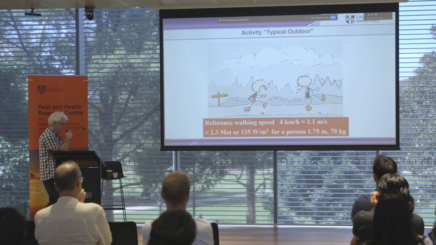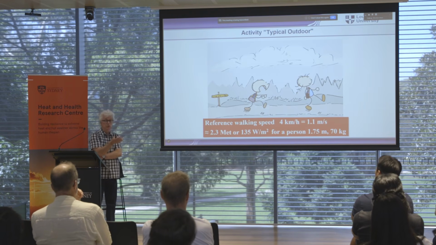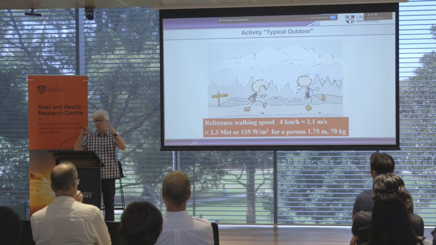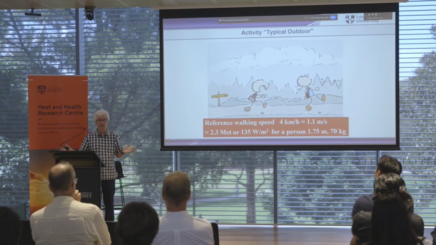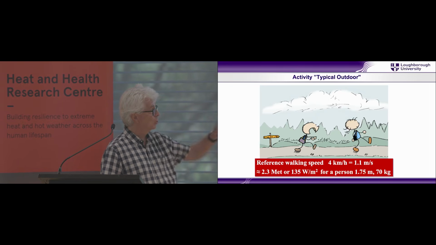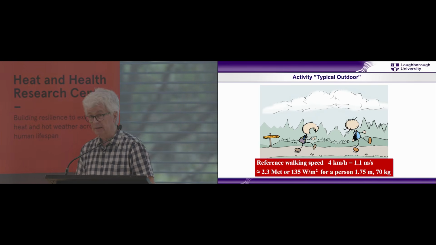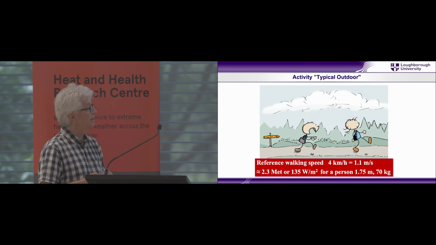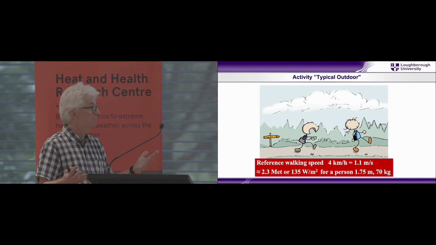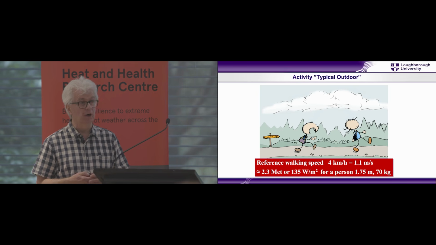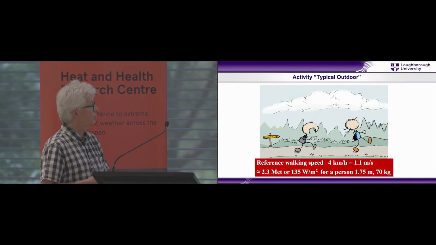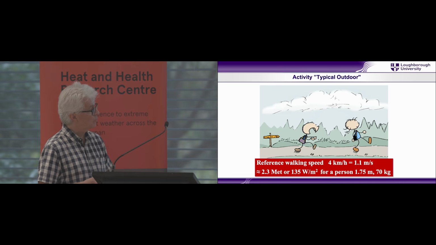So you could give people the opportunity to put in their own metabolic rates, but then again, for a certain climate condition, you would have unlimited numbers of UTCIs because it's lots of different metabolic rates. So it was chosen, if you think about forecasting, to pick an activity which people would do, going into town, walking through town, walking somewhere. So light work, walking speed 4 kilometers per hour, 135 watts per square meter.